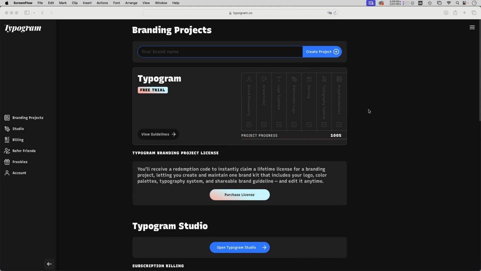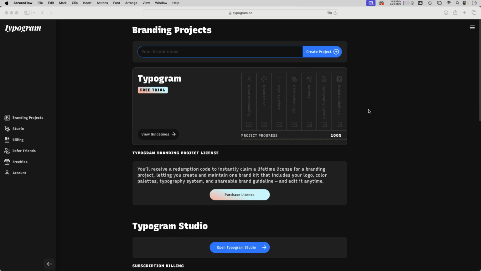Typogram is a new web app that you can use to style short amounts of text, such as headlines or logos, or maybe the typography on your Instagram or other social media posts. And people are praising it for its intuitive interface and the tools, and some are even calling it more advanced